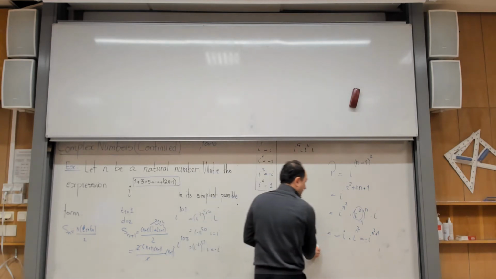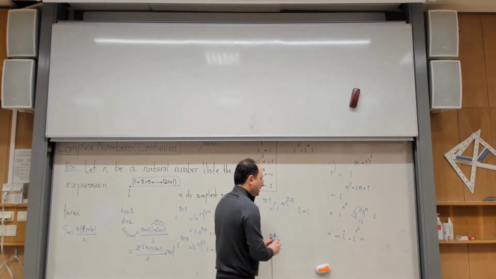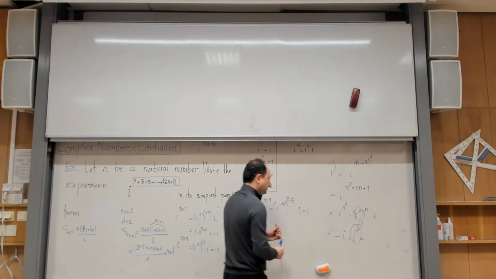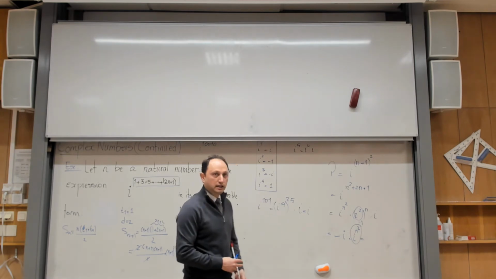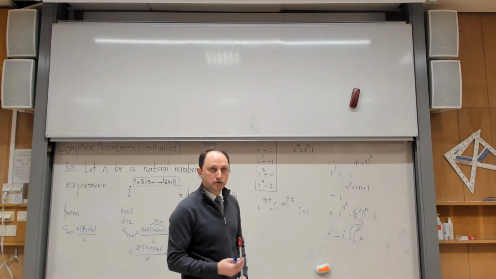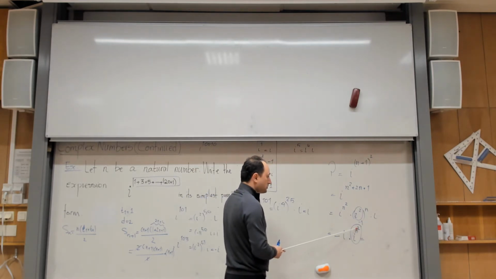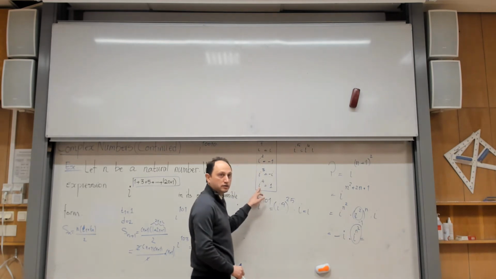So let me not write it, to see if I can get rid of this n squared. How many options will be available for this? This n that I give you has two alternatives. Either n is even or it is odd. Yes? If n is even, then it becomes a multiple of 4. But a multiple of 4 is very easy. Yes? If n is